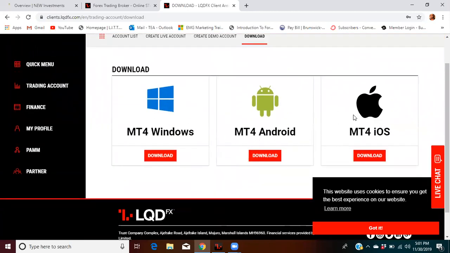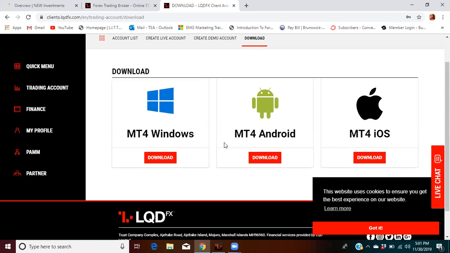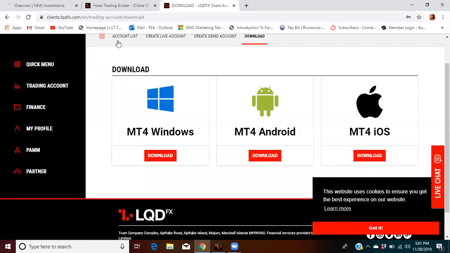Now you can download it to your phone or your Apple device. You can download it for your Android, or you can download it to a Windows computer, which is what I did. I downloaded it to my computer, and I also went on my phone and I downloaded the MT4 app. When you create this account, they're going to send you an email with your login information, and your password is going to be whatever you used to create this account. Okay, now,